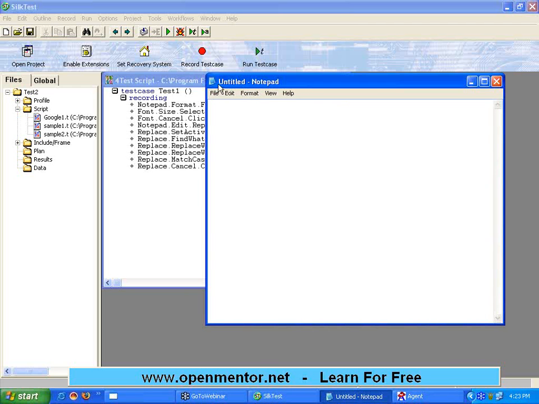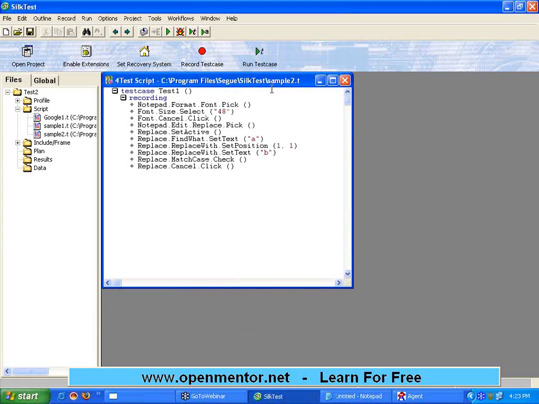This window has to appear. SilkTest tries to run very, very fast, okay? It executes this click or the menu pick. Within a microsecond, it will go to this command. In between, your application may not even have the time to open the window, and then it will have a problem.